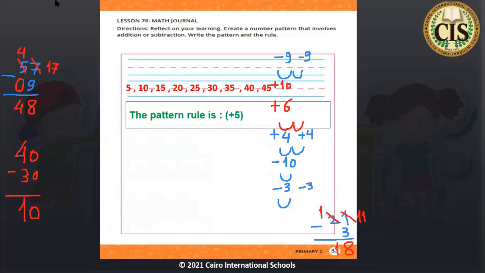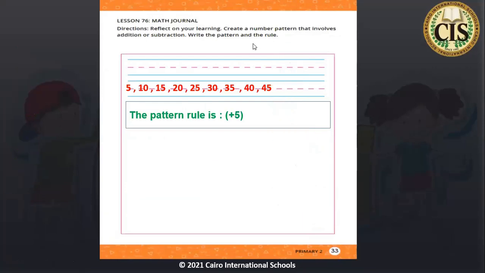We can finish only the math journal part. In the math journal part, reflect on your learning, create a number pattern that involves addition or subtraction. We have the following pattern: 5, 10, 15, 20, 25, 30, 35, 40, 45. As we said in the first semester, we keep counting by 5. Each time we are adding 5. So the pattern rule is plus